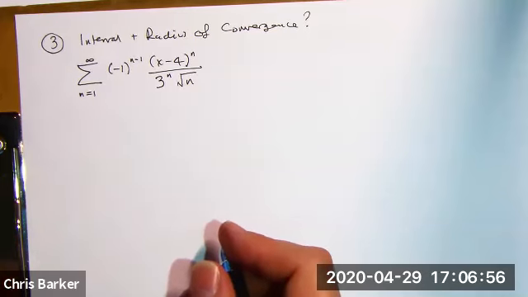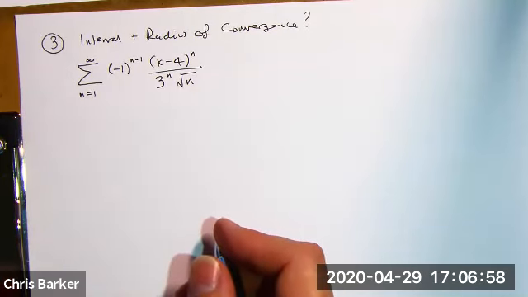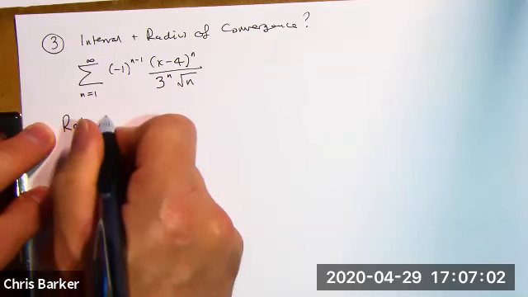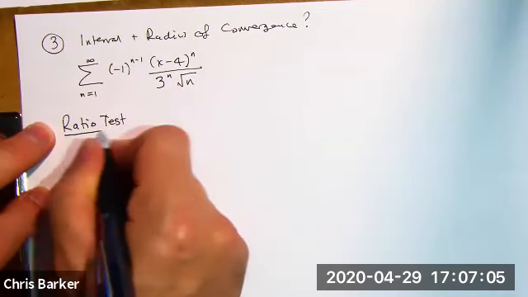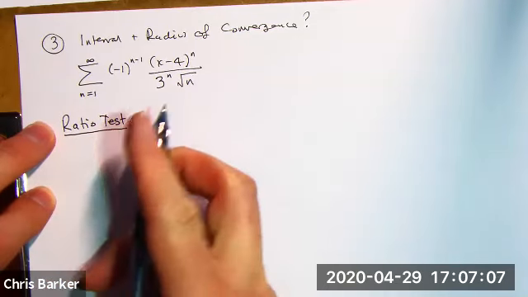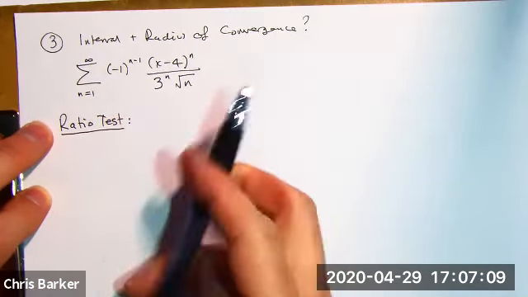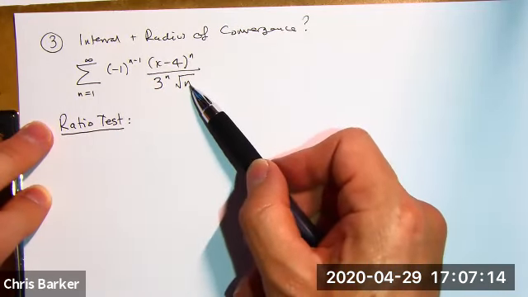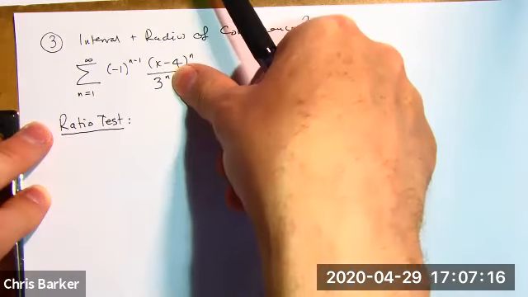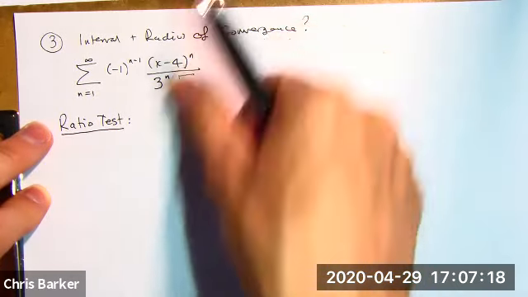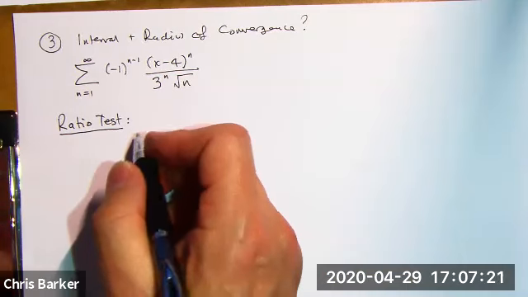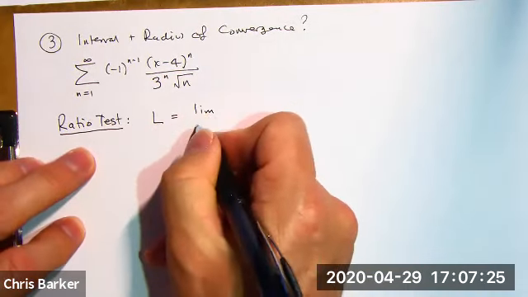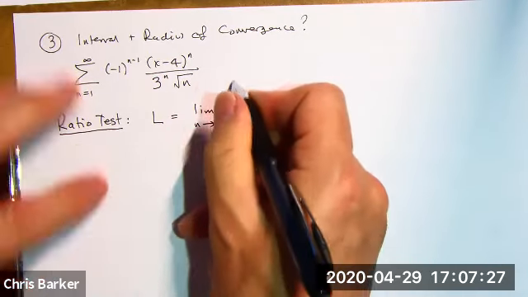And we do it using the ratio test, or potentially the root test, but usually the ratio test. When would I use the root test again? If everything had a power of n. Now, it was looking pretty good here and here, but it's the square root that messes that up, isn't it? Yep. If that square root wasn't there, I definitely use the root test, because everybody would have a power of n. All right, so L equals the limit as n goes to infinity of